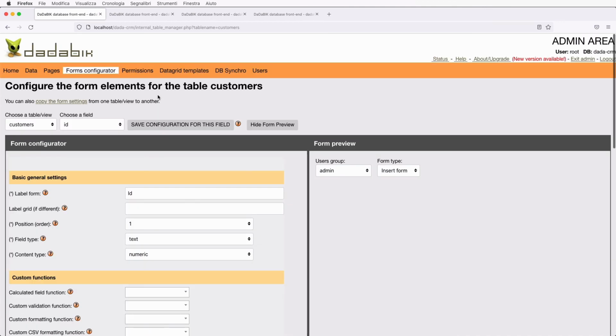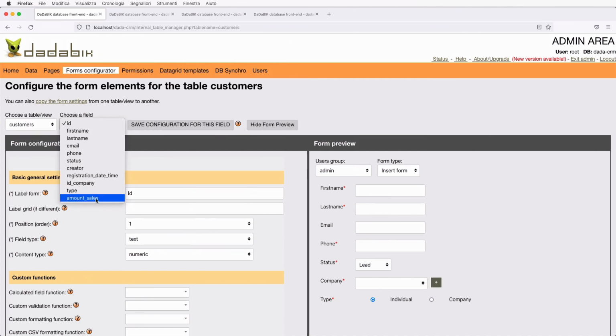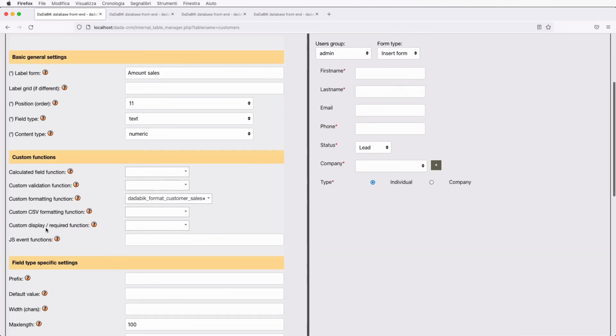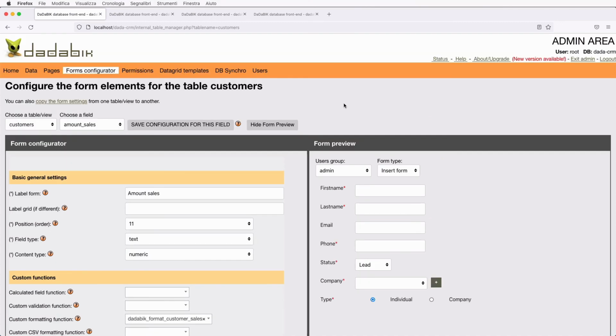As you can see from here, customers, amount sales, we also have another parameter, custom CSV formatting function. As the name suggests, it's exactly the same thing, but it affects how the values are formatted when you export to CSV. And that's it for custom formatting functions as well.